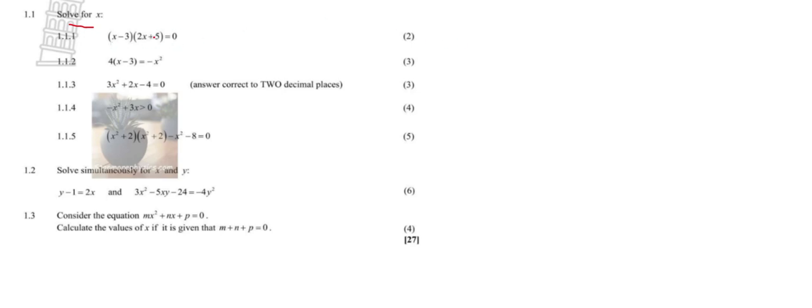Remember, when it's given in this form, we are very lucky. All we have to do is say x minus 3, so the value of x equals 3, because everything here we're equating to 0. So that was 1.1.1. Now, if we do the other one, which is 2x plus 5